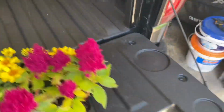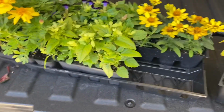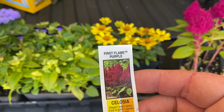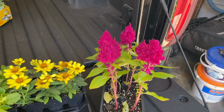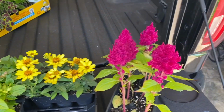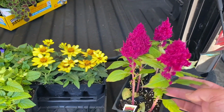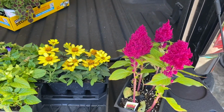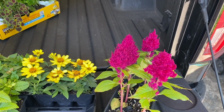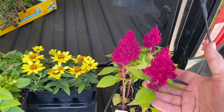This is just a mixed bag here. I have some, get the tag for you. Some Celosia First Flame Purple. Again, I like Celosias. They are good to put in the garden. And I will actually pop these out into flower beds, sprinkle them in. That color just draws the eye in. So it's a good annual flower to pop in where you have a little hole or a little blank space or just a little spot you need to fill in some color, because this will certainly draw the eye with